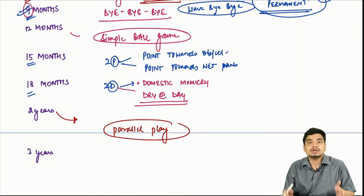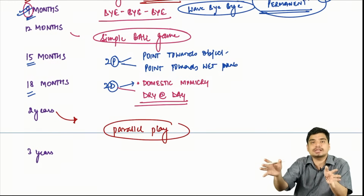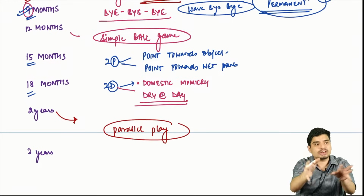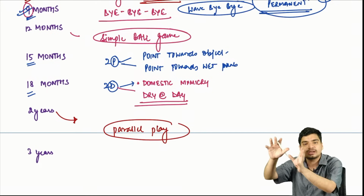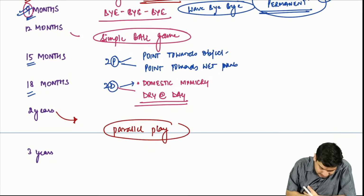So if you have 2 children in a single room, they will play parallelly. They won't play with each other. One child will play with his own set of toys. The other child will play with his own set of toys. This is what is called parallel play. At 3 years of age,